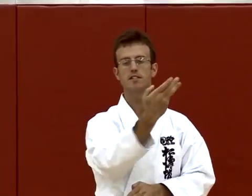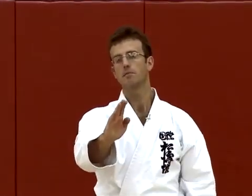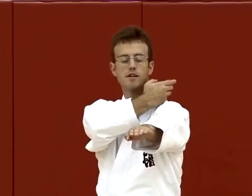So once again, as you can see, we twist our wrist and angle our hand at about a 45-degree angle here, not all the way or this way. This is a backhand block. That's a different block altogether. We need to block with this part of the hand here. So we prepare our left hand, pull back hand straight towards our target, right hand by the side of our face, almost similar to gedan barai, right? But then we block across,